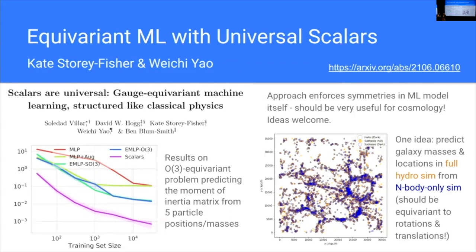But also we want to combine our methods with the neural ODE. For example, combine the scalars with the neural ODE. Maybe we can solve some other n-body problems and so on. So if you have any interesting problems, please let us know. Maybe we can see whether we can move forward with that. Thank you.